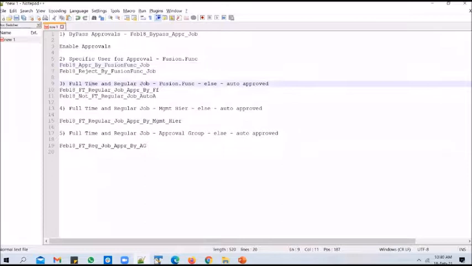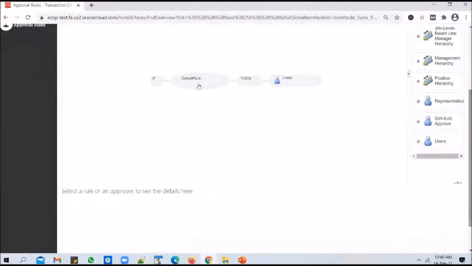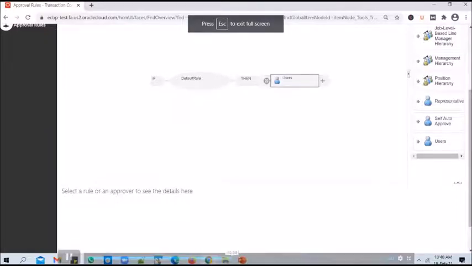So this full-time and regular are two attributes that you select while creating a job. Okay, so we need to change the condition in such a way that not all the jobs should go to Fusion.Func user. 1 equal to 1 no longer works. So we need to change the condition to this. Okay, so let's see how to achieve this use case. So we already have a condition and we are sending it to Fusion.Func user, right? But here we are checking 1 equal to 1. We need to change this condition in such a way that only the full-time regular jobs will go to user.